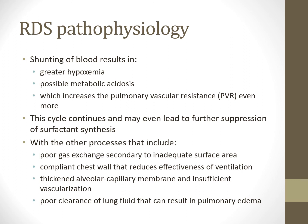Their gas exchange, their CO2s, their pH, they're all going to get worse. And so fetal lung fluid is going to be very, very poor to be reabsorbed, and they'll actually start to develop pulmonary edema from all this as well. That will have even more effect on diluting the surfactant that they do have and make their compliance even worse. Anytime you get a premature kid that has pulmonary edema, their compliance will get worse because you're diluting the effective